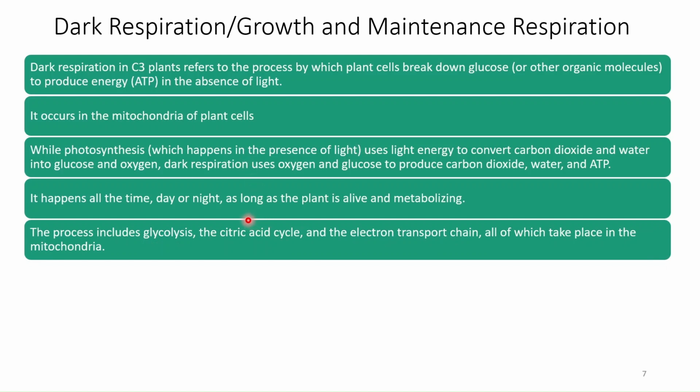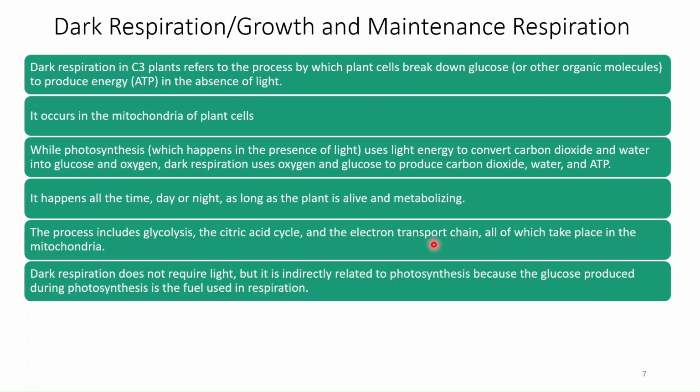Now, the processes involved in growth respiration or dark respiration include glycolysis, the citric acid cycle, and the electron transport chain, all of which take place in the mitochondria. So, like photosynthesis and photorespiration, growth and maintenance respiration also happens in the form of a bunch of cycles. The first process is glycolysis, and then it enters the citric acid cycle, and there is also an electron transport chain occurring during the